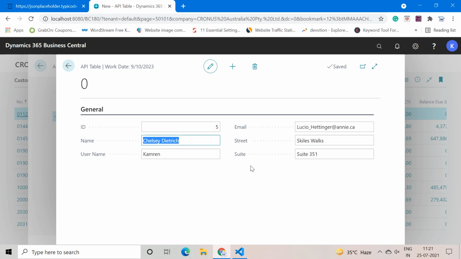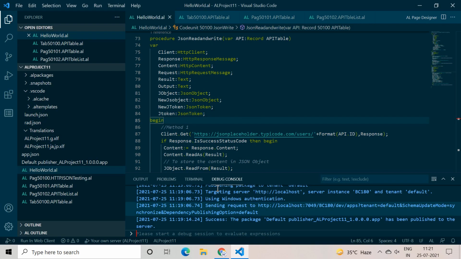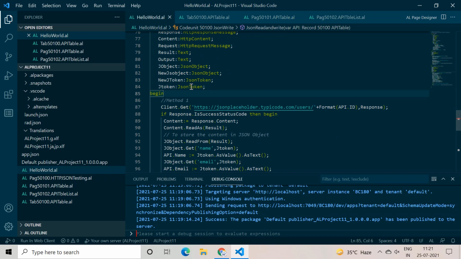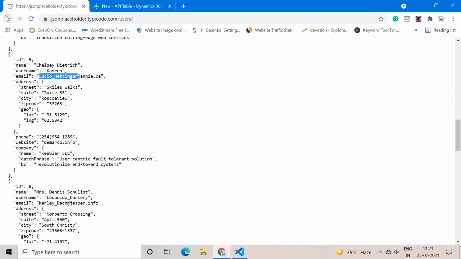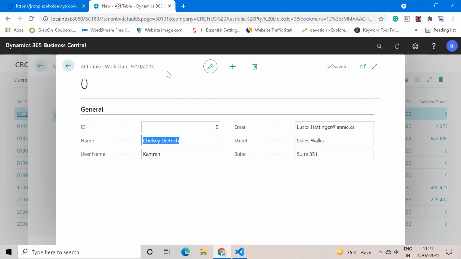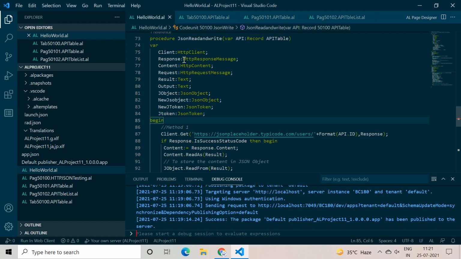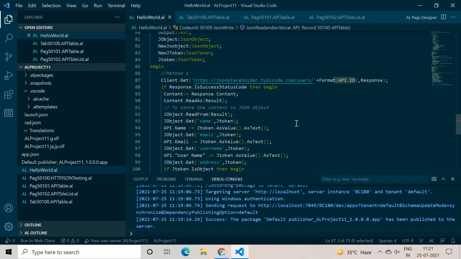So guys, this is how we have read the JSON data available in a different system. Our data is available on this website, and we fetch it using an API, where we connect using the HTTP data types and pass the required parameter. Whatever response I get, I store into the JSON content.